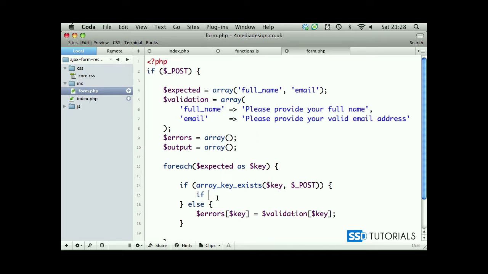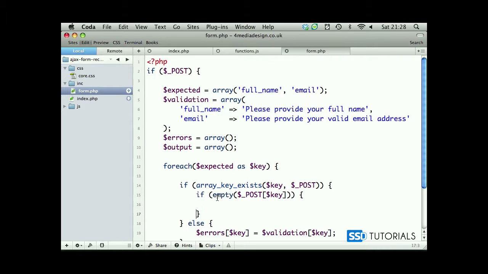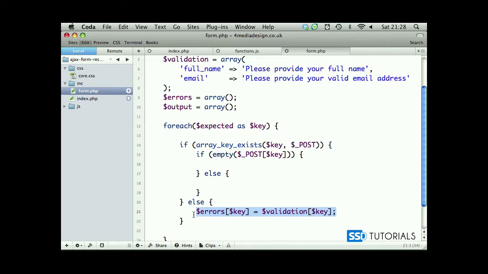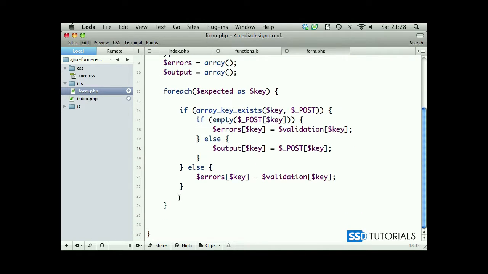then obviously we check if empty post with our key. Basically, if the value was empty, do something else, do something else. If it was empty, then we simply copy this error because we do exactly the same. We add this to the errors array. Otherwise, we add this to the output array key, and we simply put post key, which basically gives us the value of that specific field. Okay, so we're looping through all these